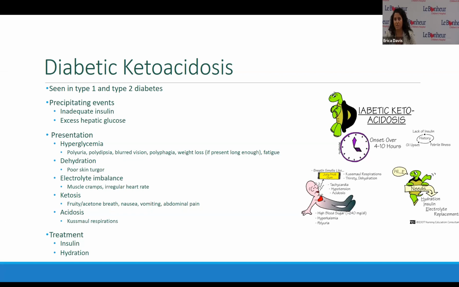We want to be checking our blood sugars and correcting as needed. If we are seeing normal blood sugars with some elevated ketones, we do want to try and bring that blood sugar up so we can get some insulin so that we can stop production of ketones in the body. So with that, we might suggest some hydration with fluids that contain sugar. That might seem a little bit weird. We're actually trying to drive the blood sugar up so that we can give some insulin because we see that it's so important. So that's a little bit about diabetic ketoacidosis, something we're going to see really most often in our children with diabetes.